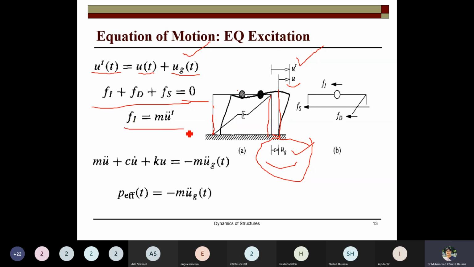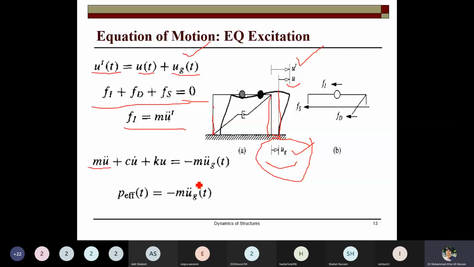But the inertial force now, because the total displacement will change, depends on the total acceleration. When you put down the values, m ut double dot, and ut double dot is equal to the sum of the acceleration of the ground plus the acceleration in the system. So one acceleration is in the system and one acceleration is in the ground. But because these are in the same direction,